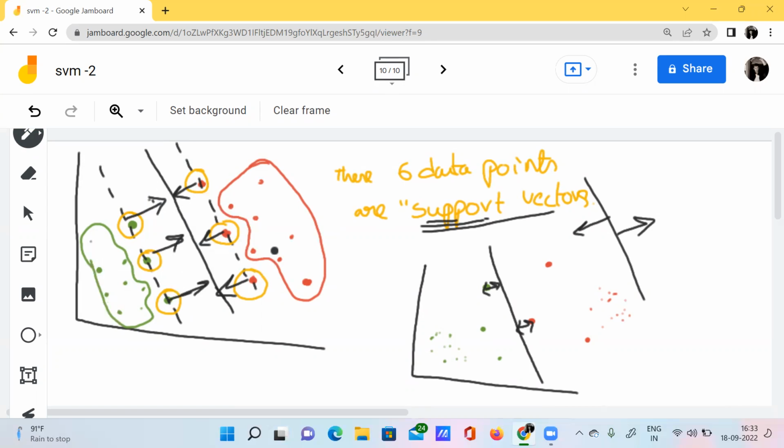So this is an important scenario which you need to keep in mind. So let's move on to the next slide here.